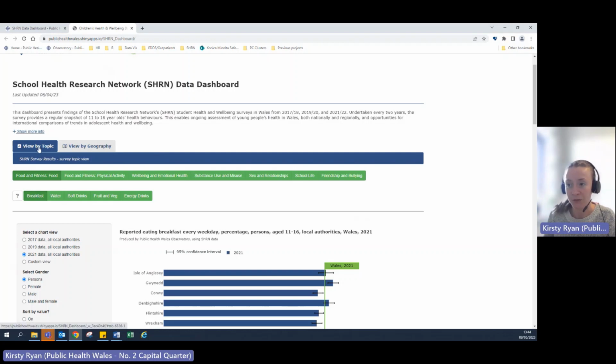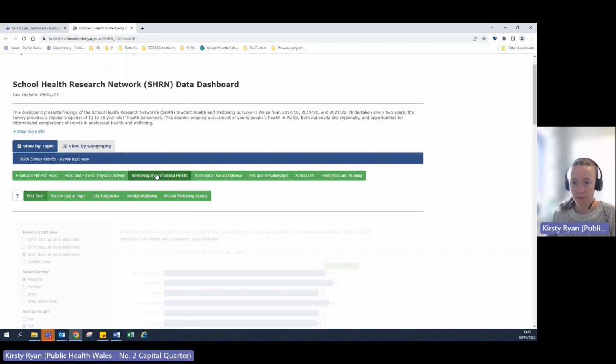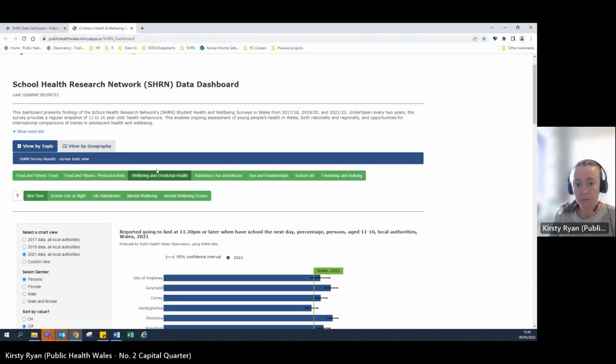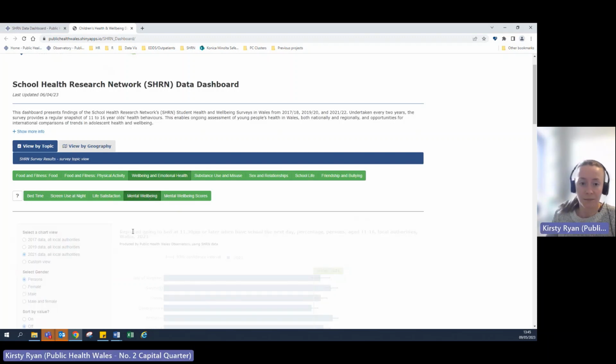I'm going to demonstrate how to use the View by Topic section of the dashboard. So at the top here, you can see we've got a number of different survey topics, such as food and fitness, physical activity, well-being and emotional health, and so on. And within each of these survey topics, we've got data on a number of survey questions. So you can see in well-being and emotional health, we've got survey data on bedtime, screen use at night, life satisfaction, mental well-being, and mental well-being scores. So if we come into mental well-being,